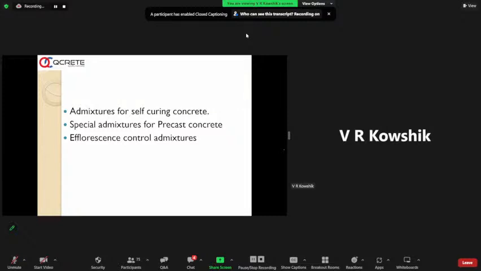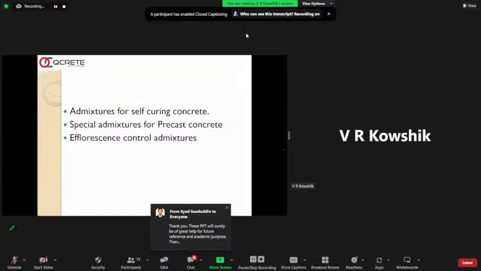In such cases, we need to reduce the usage of water in concrete construction, concrete production, as well as curing. So scientists have already looked into self-curing concrete, where you have additives